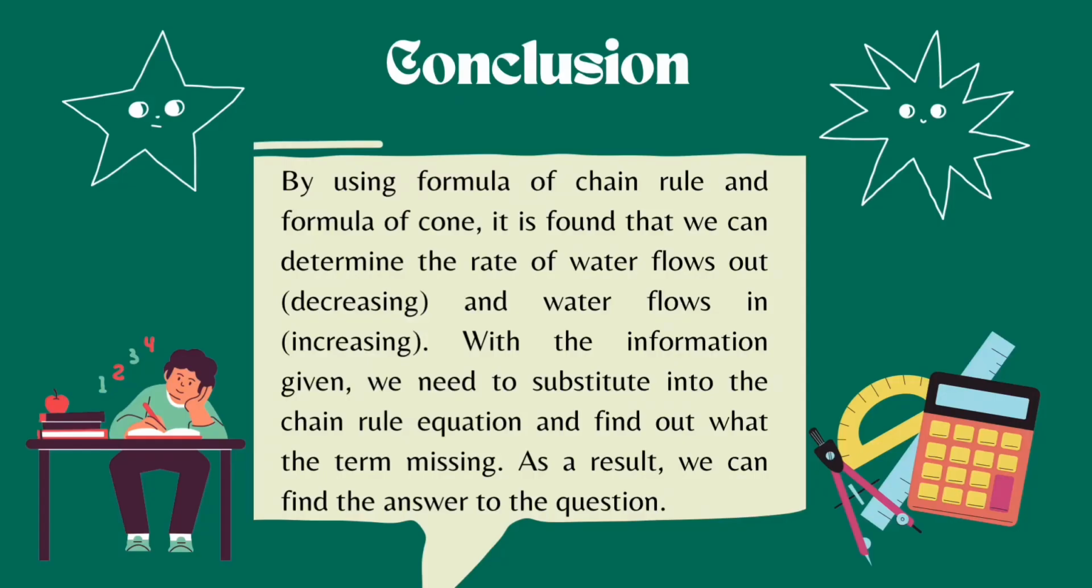Conclusion: by using the formula of the chain rule and the formula of the cone, it is found that we can determine the rate of water flowing out, decreasing. With the information given, we need to substitute